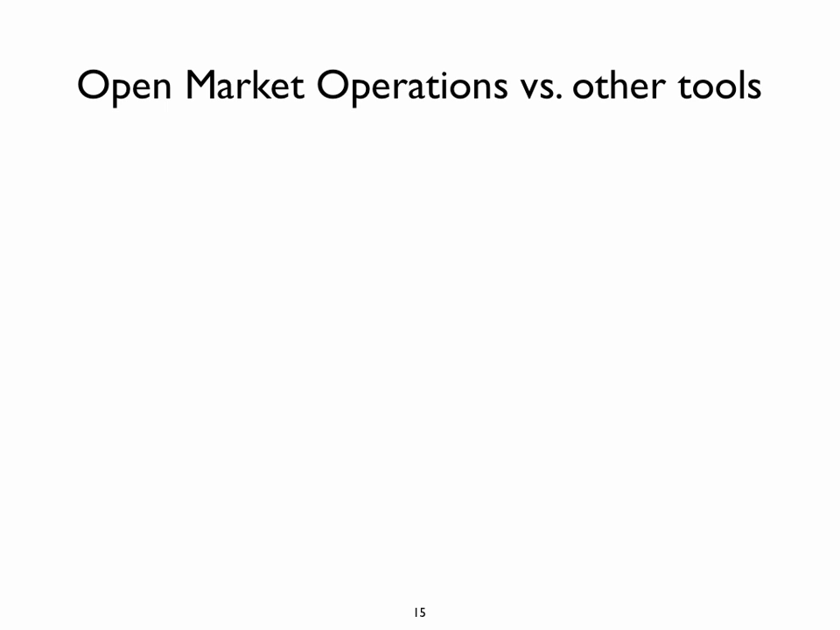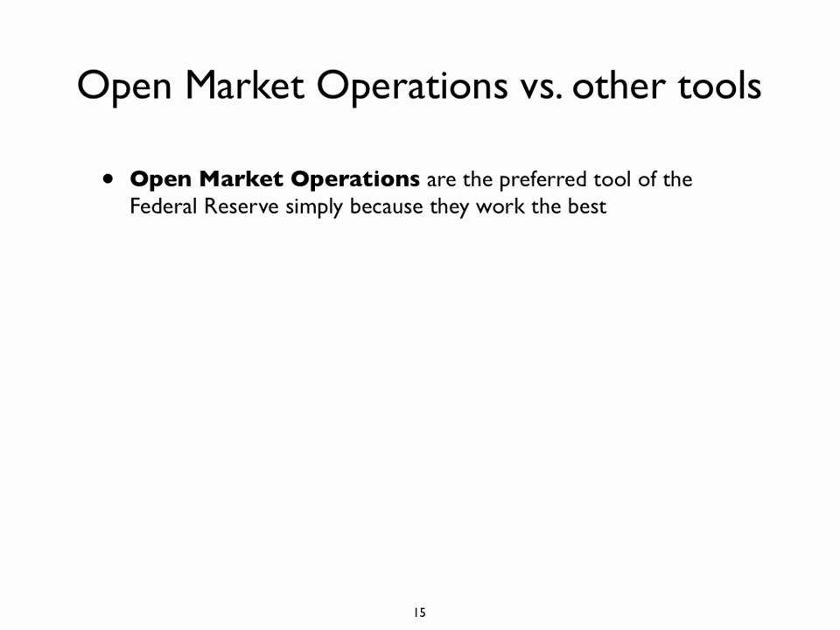Well, what do we have to say about open market operations versus other tools? Open market operations are most definitely the preferred tool of the Fed and of most other central banks at this point, not necessarily all of them. A big reason why the Fed uses them is because they simply work the best. The Fed basically has full control over the Fed funds market through open market operations that can change the supply